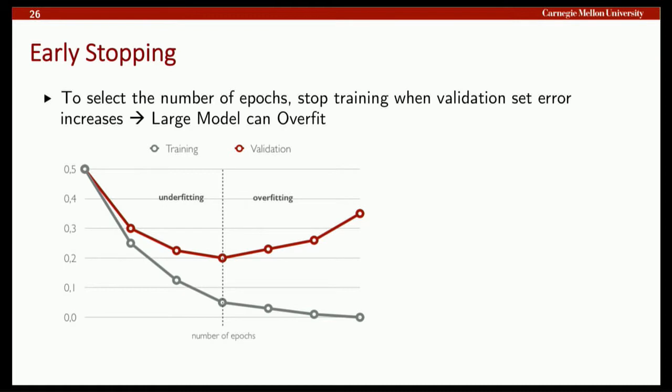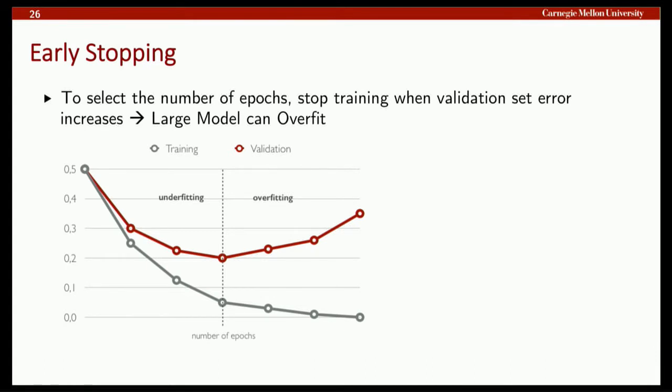Here's the intuition for early stopping. When you look at the number of training epochs as you're training your model, this is what your training curve would look like. In traditional textbook machine learning, you would see the validation error do this: at some point, validation error will start increasing, and then you say, well, maybe we should stop over here. Now, in practice, what actually happens is that your training error goes down, but then your validation